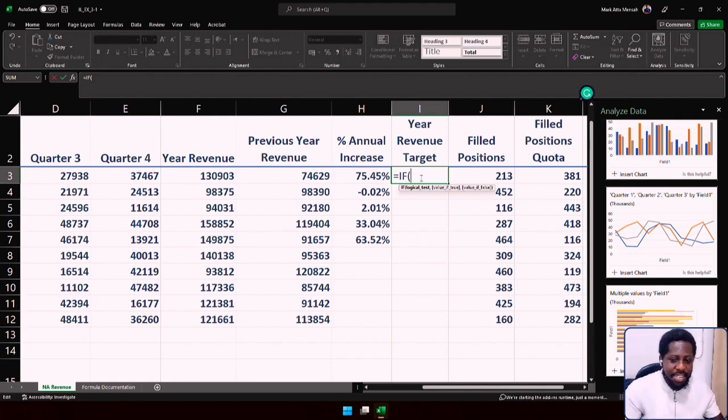So our logical test literally is: if the value here is greater or equal to